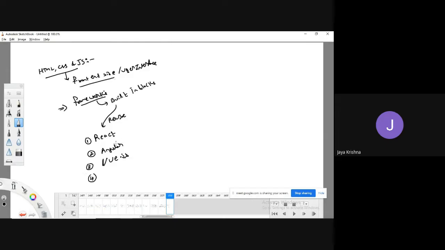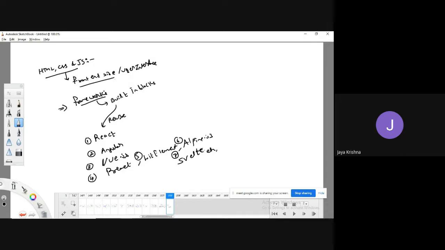For example, Preact is there, Lit element is there, Alpine.js is there, Svelte is also one of the famous ones, and it is trending now. Not only these, there are four, five, six, seven more. Like this, we have various kinds of front end frameworks. Every framework has its own drawbacks as well as its own advantages, so depending upon our own requirement, we can go for that.